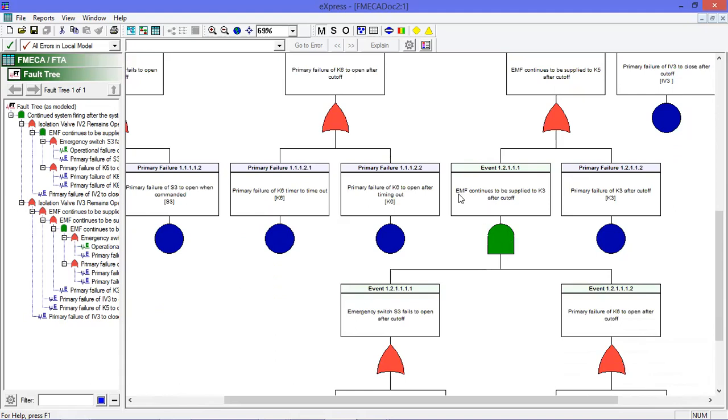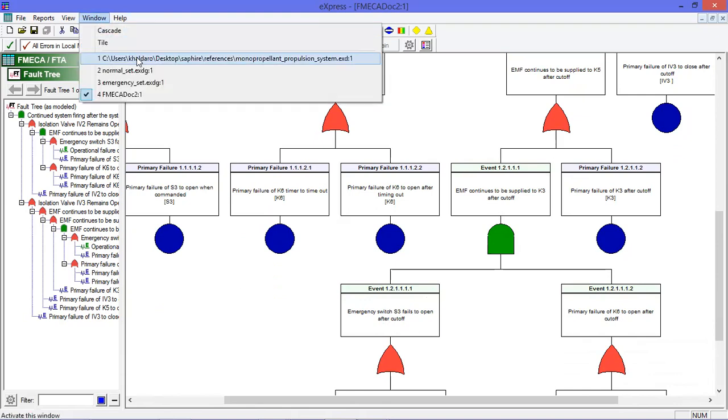And it says here, EMF continues to be supplied to K3 after cutoff. The two events connected to the AND gate are the emergency switch S3 fails to open after cutoff, and the primary failure of K6 to open after cutoff. So if we go back to our design view,